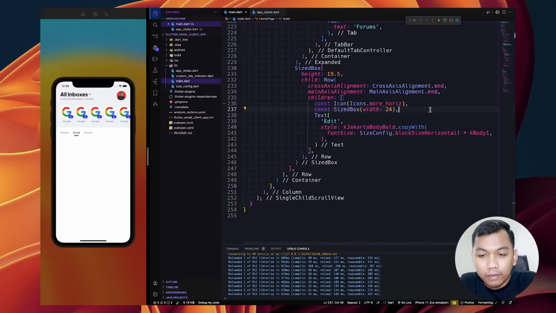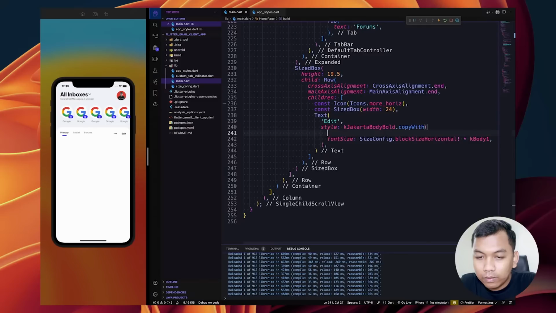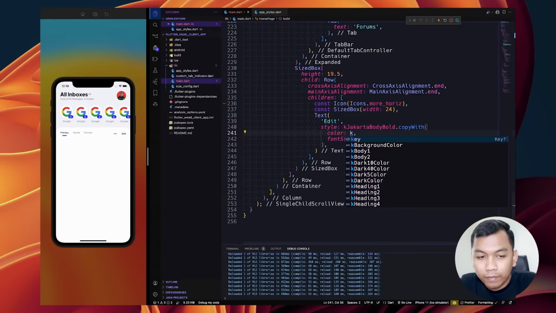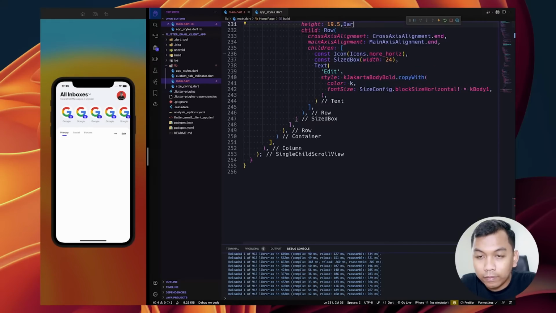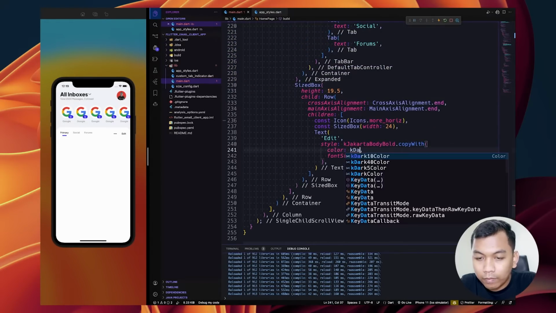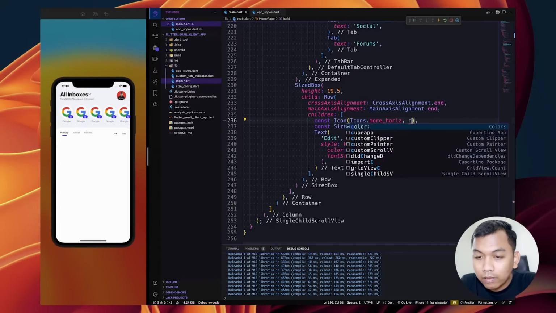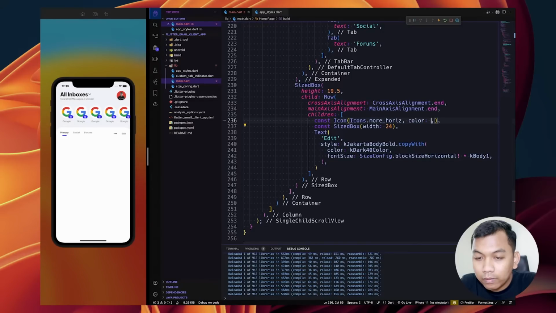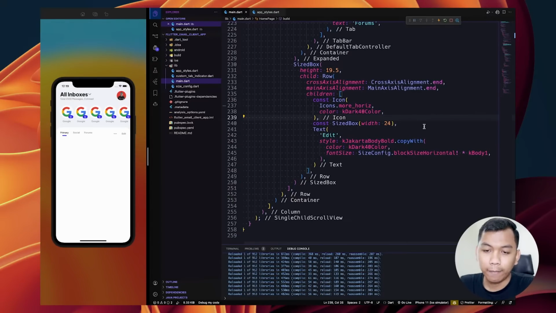Alright, look like this, and the color to be K, similar with this K dark 40. Alright, and also for this icon, K dark 40. Alright, and